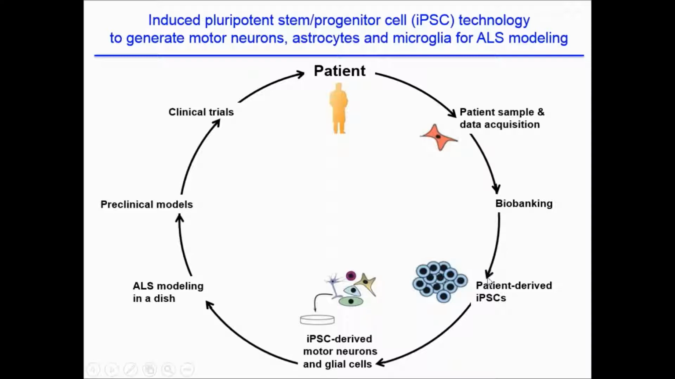Some of this material can be used to derive induced pluripotent stem cells from each individual patient. And then the beauty of all this is that from these individual induced pluripotent stem cells, we can then derive motor neurons as well as glial cells, for example, astrocytes and microglia, and then study them alone or in combinations in what many people refer to as modeling ALS in a dish, which means essentially modeling ALS in a laboratory